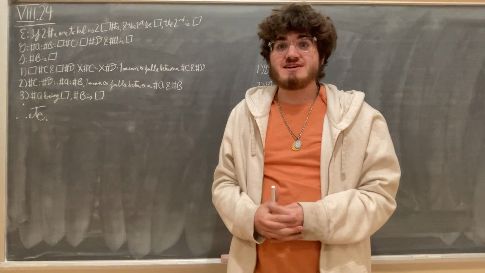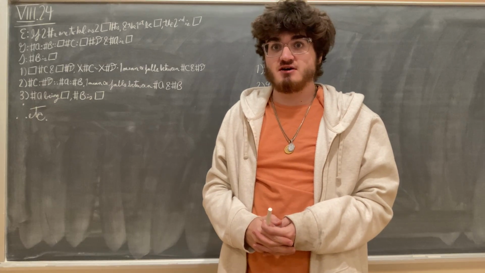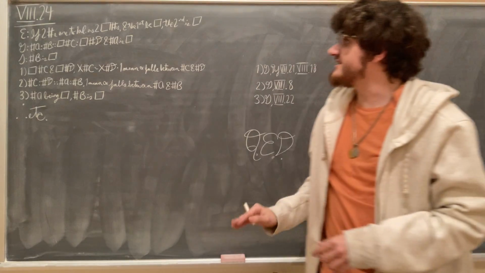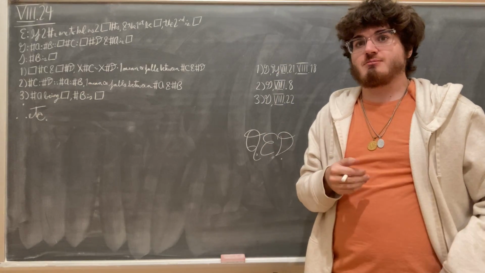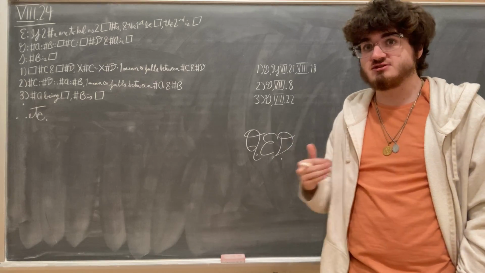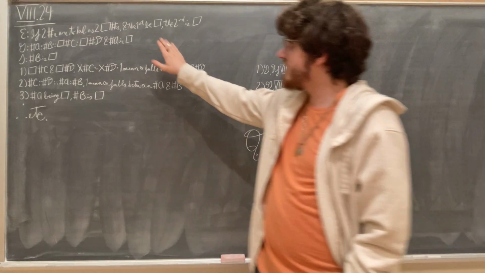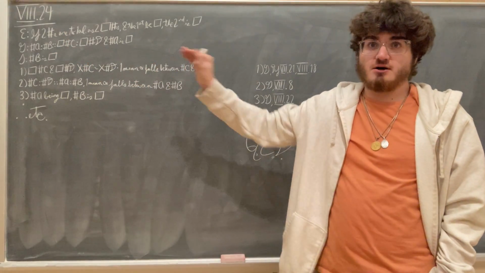Hello! This will be a demonstration of Proposition 24 from Book 8 of Euclid's Elements, which says that if two numbers are to one another as two square numbers, or that the ratio of two numbers is the same as a ratio of two square numbers, and the first be a square number, then the second also will be a